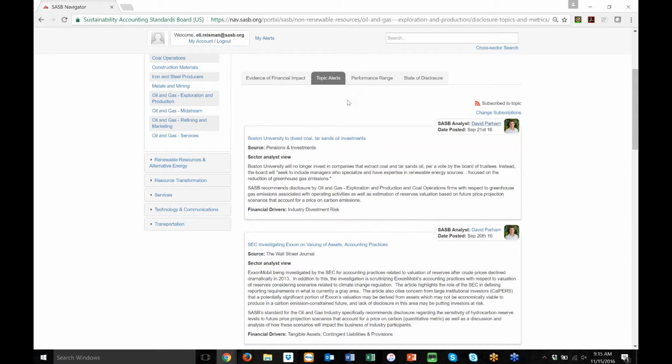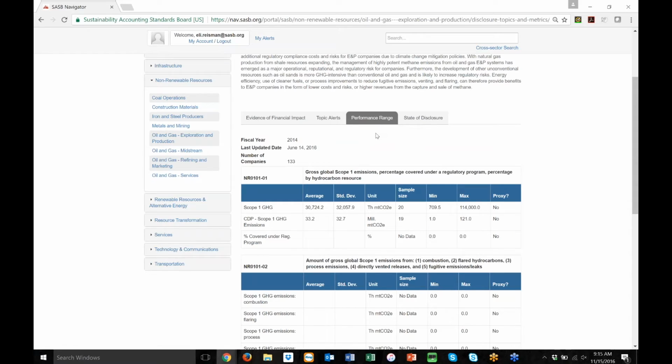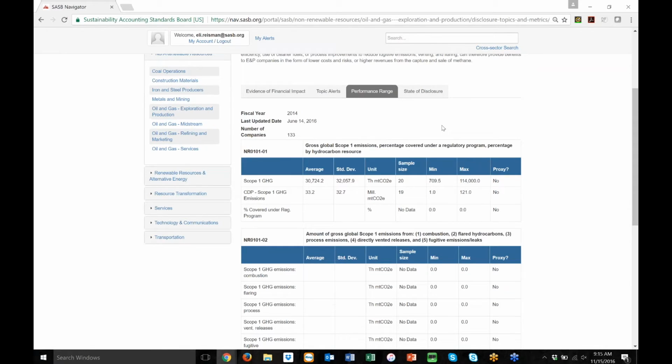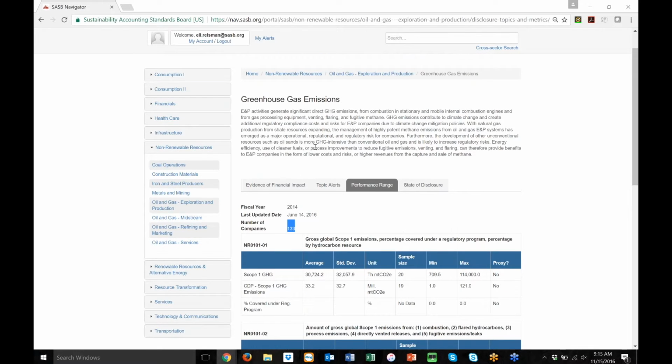So the next area, or the next feature that we have for this topic is the performance range information. So in the performance range feature, what we've done is through a collaboration with Bloomberg, who has one of the most extensive ESG data sets on the market, we have mapped all of the different companies within the Bloomberg universe to our industry classification system. So you can see there's 133 companies that have been mapped to the oil and gas exploration and production industry